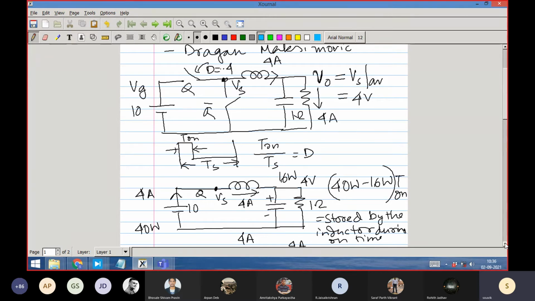in the simple understanding of the thing. The capacitor is neither gaining nor losing anything, as if the load is completely supported by the energy stored in the inductor. Have I answered you? Okay, sir, got it. You just think that the capacitor is such a big thing. The inductor is big, but compared to the capacitor, in the 10 microsecond duration, the capacitor will hardly lose anything. Very little, let us say 2%.